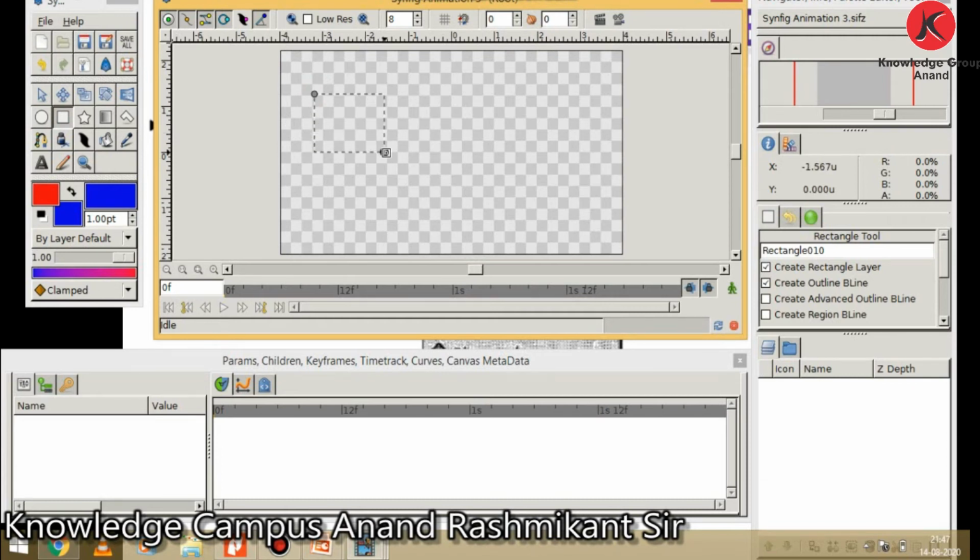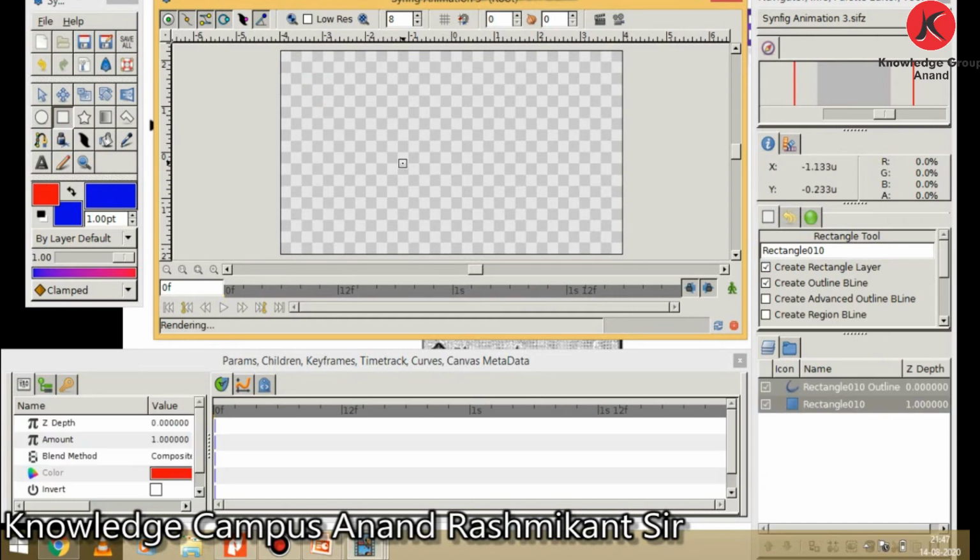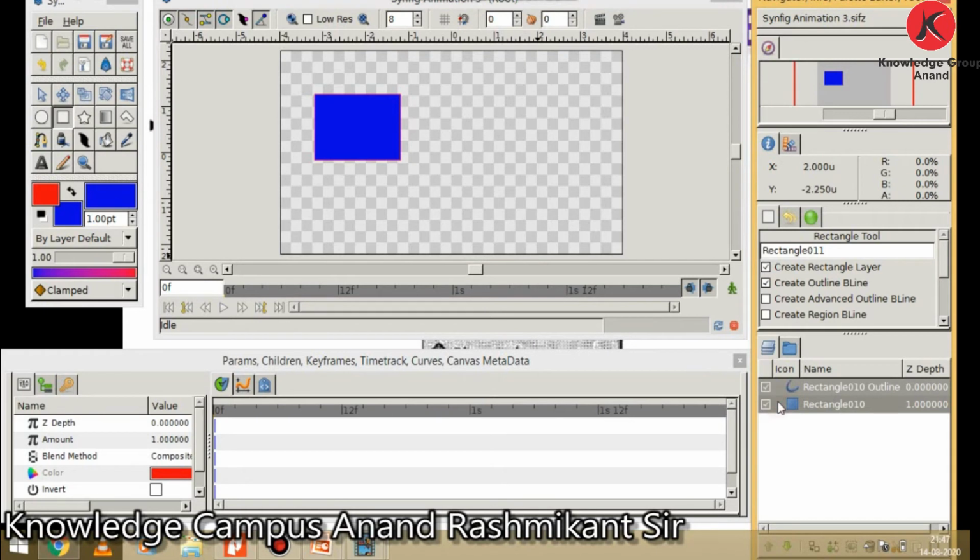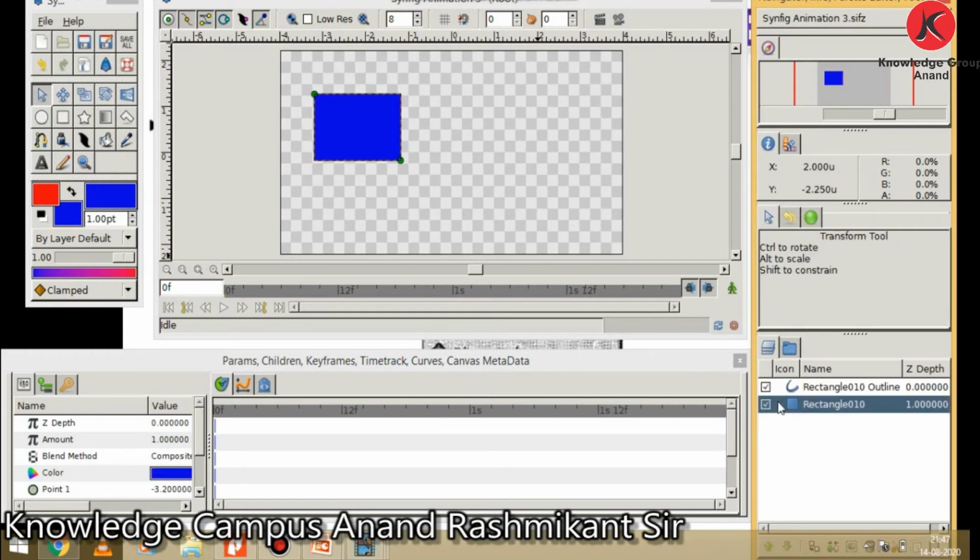Now you can see our rectangle is ready. You can see in the layers panel that a layer is ready for the rectangle and one for the outline. You can also see the tool options available in the tool options panel for the rectangle.